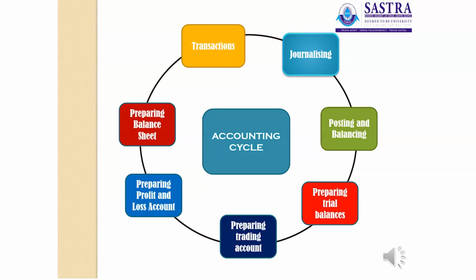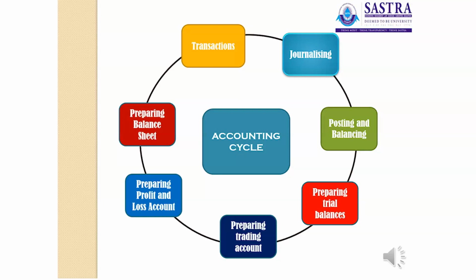is called posting. In the ledger, entries are made in each account after classifying them under the common heads. The difference between the debit and credit columns of ledger accounts is called balancing. Then the next step is preparation of the trial balance on the basis of ledger